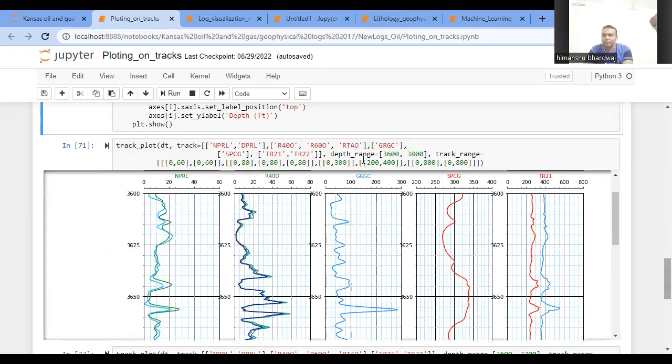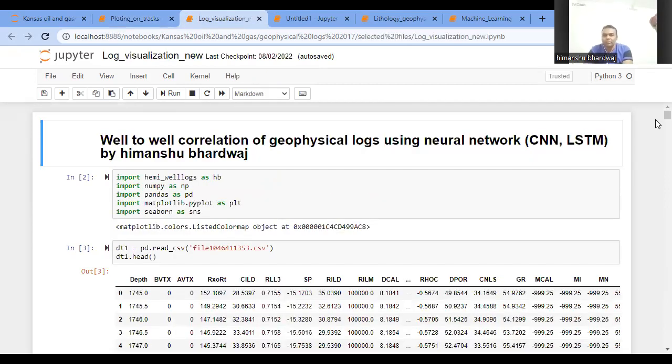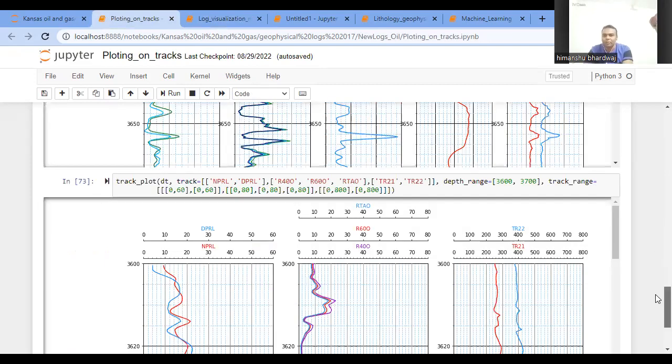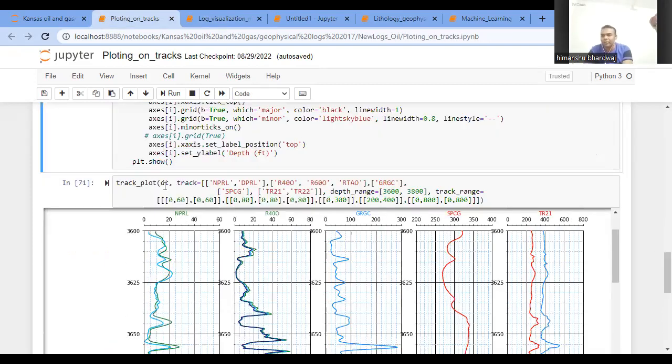Another thing, the log visualization part. So this was the track plotting and track visualization of geophysical logs. Another thing I developed here